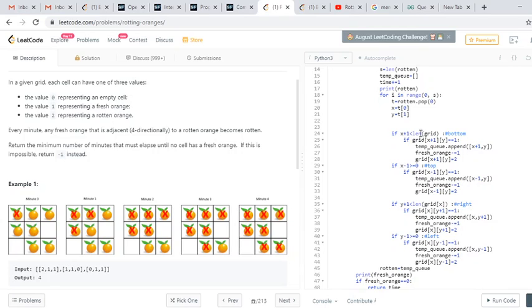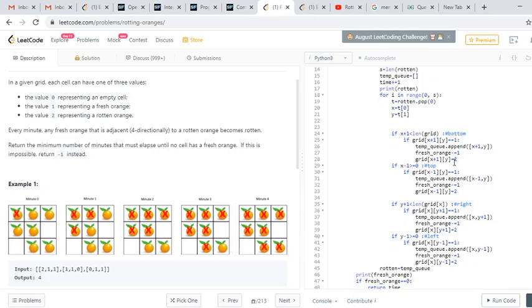If it is like that, in that case I will simply check if grid x plus 1, y is equal to 1, like if the bottom element is a fresh orange, so what I will do, I will put that into my queue, because now it is rotten, and next time this x and y will rotate the other nearby oranges, and I'm decreasing the fresh orange count, as well as marking that index.